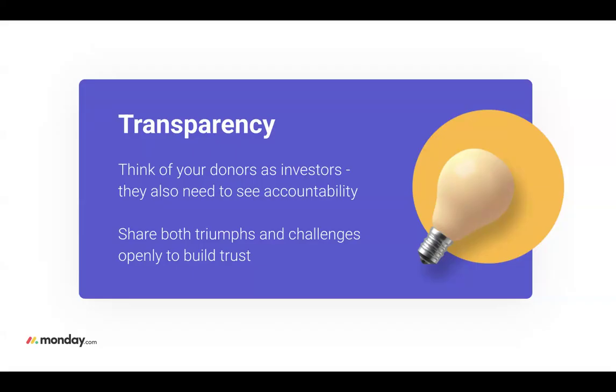They want a return on investment, not financial, but they want to feel like they're giving money and it's actually doing some good. If they're just throwing money into a black hole, they're not getting anything out of it, they're going to stop that pretty quickly. So you need to try as much as possible to connect your donors to the impact you've had. And it's not always a direct line.